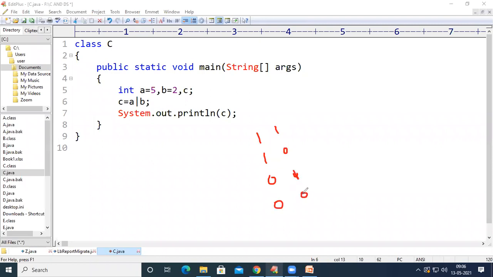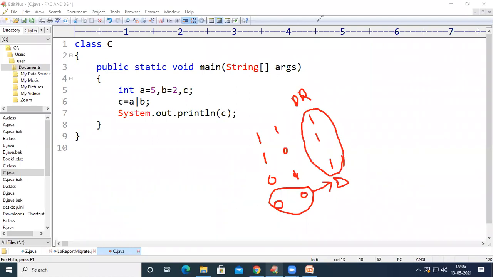If both the operand values are 0, then we are going to get 0. In the other cases also, we are going to get 1. So if I apply the OR operation between these two, 1 or 1 will be 1, 1 or 0 will be 1, 0 or 1 will be 1, 0 or 0 will be 0. So if both are 0, then the result will be 0. In all the other cases, the result of the OR operation will be 1.